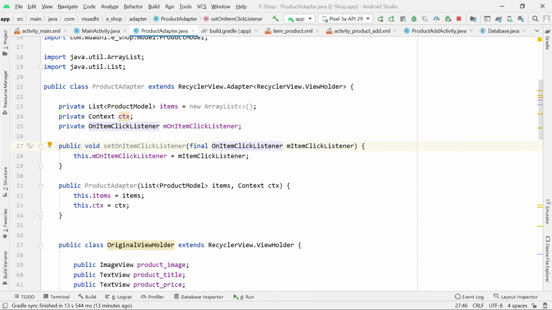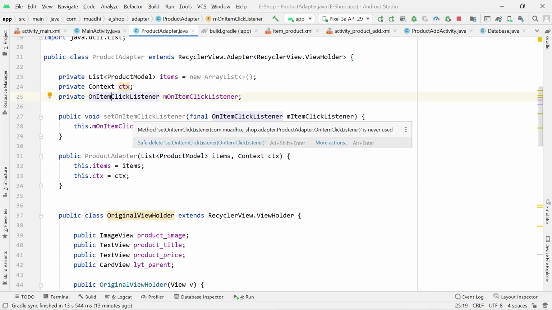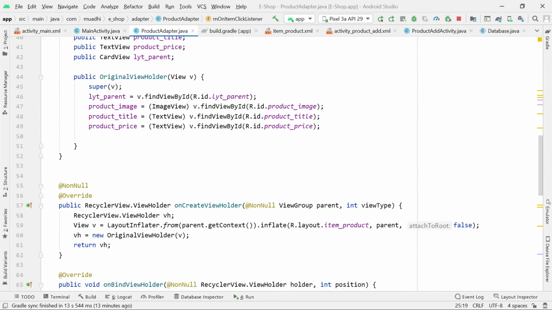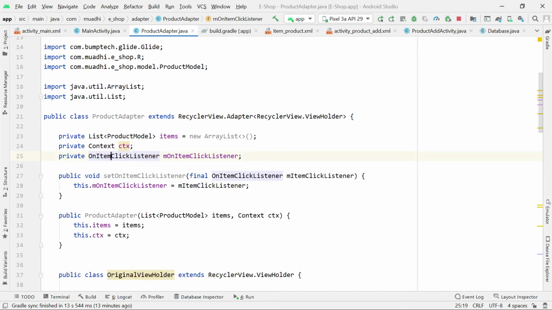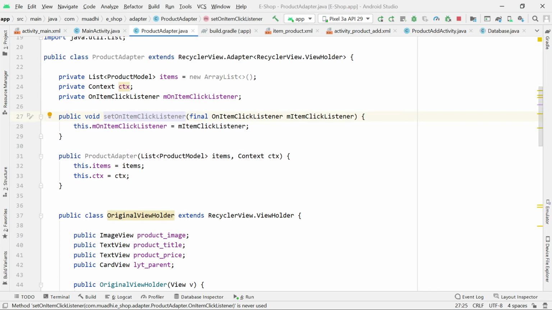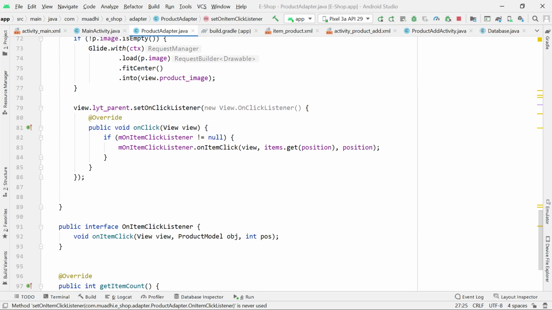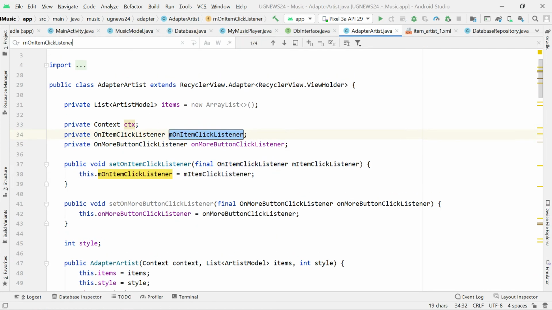Here you must make sure that it is OnItemClickListener, not OnAdapterItemClickListener. Make sure it is OnItemClickListener, otherwise it will not work. Okay, and then I'll say the onClickListener here, and it will execute this click listener when someone clicks on it. Okay, so after doing that,